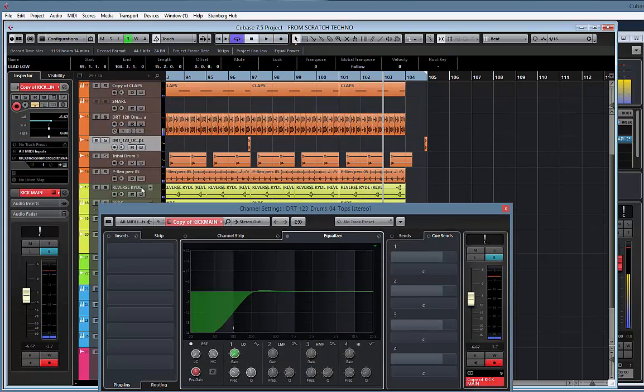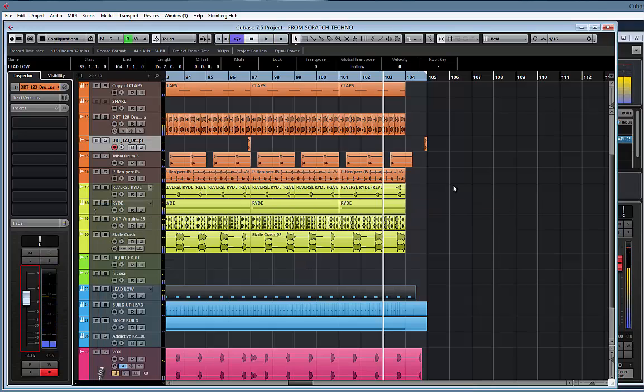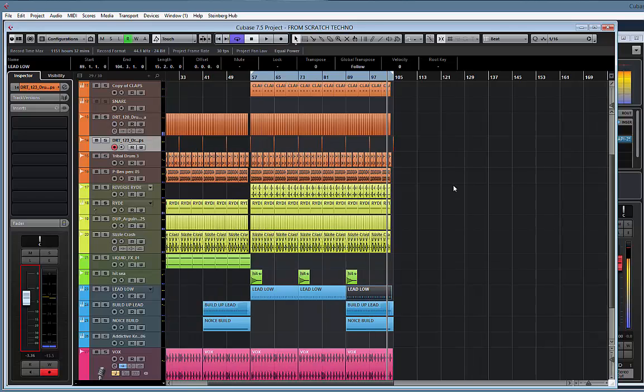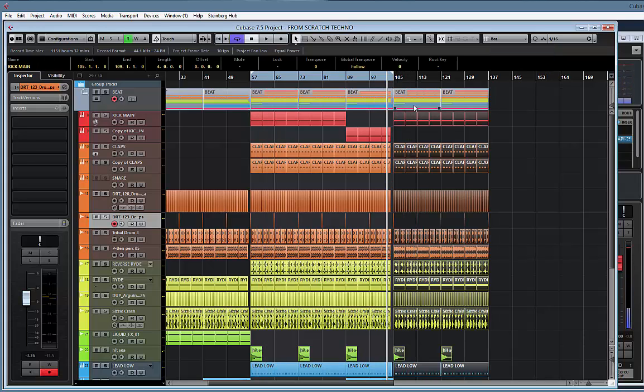This thing right here needs to come up. That sounds really good. So now I know that I got to do a change there. So what I'm going to do is copy this, put it on beat, copy this,